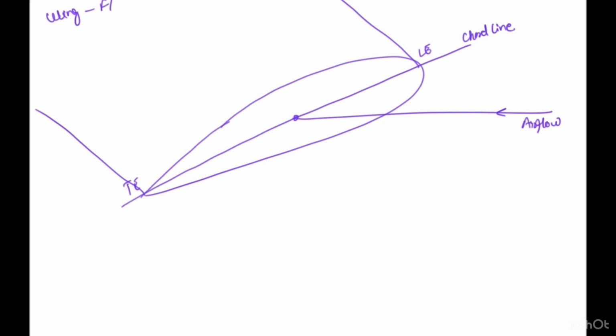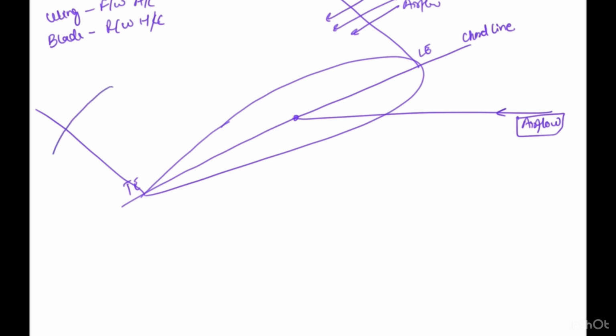This is a wing in case of fixed wing aircraft, or a blade in case of a rotary wing helicopter. You are aware about this, I'm sure, which we are discussing. And then there is an airflow which is coming in, which I have represented here. Understood? Because of the curvature of this aerofoil, the air tends to go downwards, is one of the reasons,